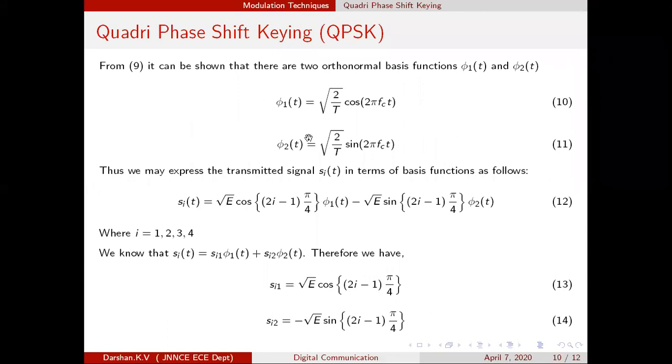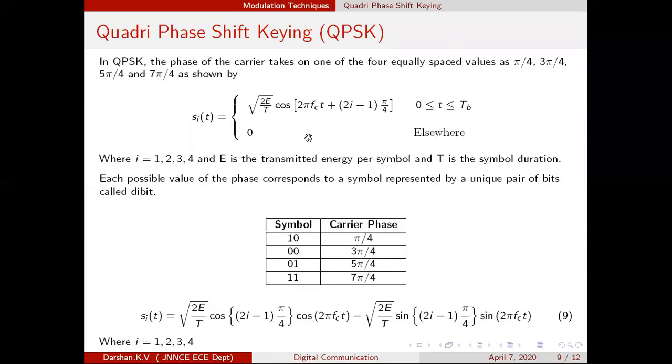So for the SI of t, now we will just come. How will we start finding out? First, in order to have a geometrical representation, we should have the basis functions. That is step number 1: you need to identify the basis. Then you express the signal in the form of linear combinations of basis functions. Later, you extract the vector notation. Then you can exactly plot the point form.